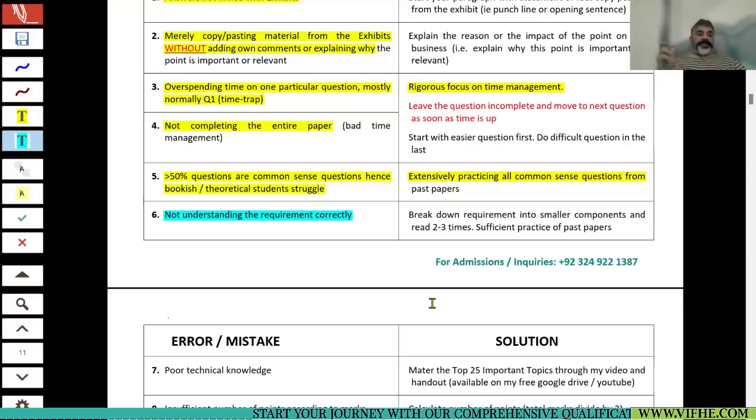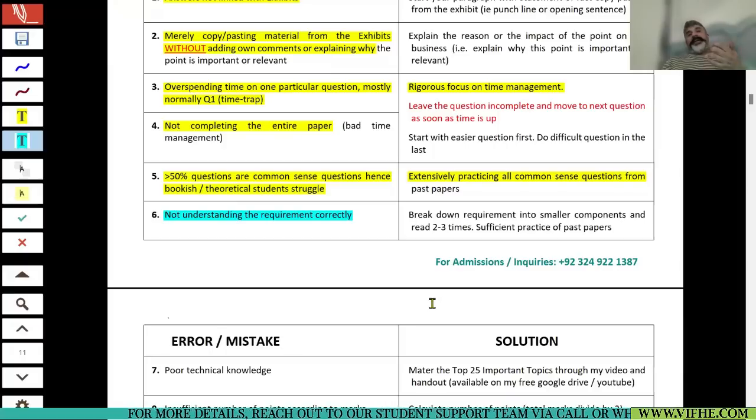So many students just quickly read the requirement and misunderstand it and start going in the wrong direction, correct? So I normally read the requirement at least 2 to 3 times. I look at the keywords and then I try to make sense. I double check what exactly is required. If the question is saying discuss the issues, then I will try to find out issues, right? So it is very important to read the